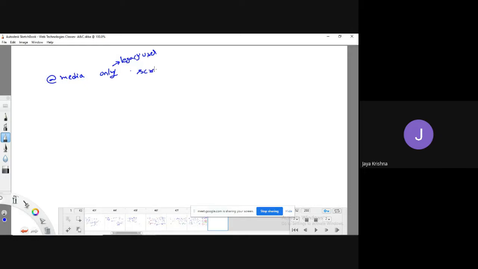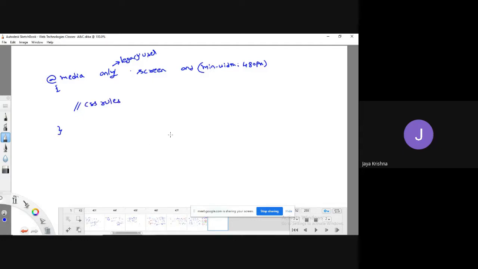For example, I am trying to work with the screen, so computer. So that is why I am using screen, and I am going to define minimum width as 480 pixel, and I'm going to define some set of CSS rules.